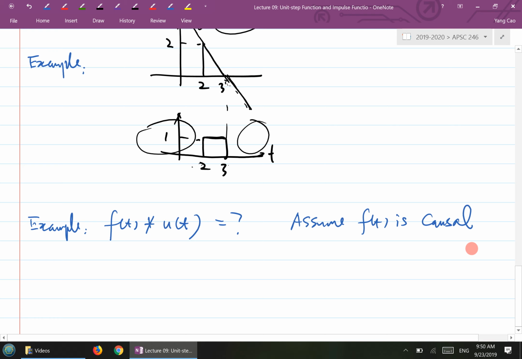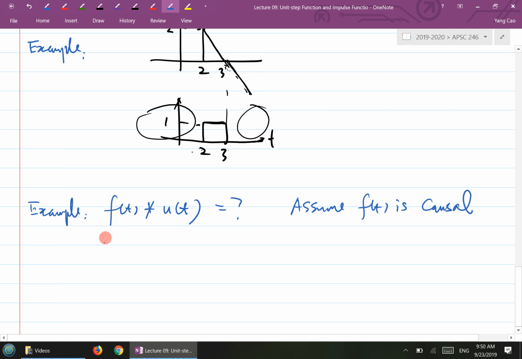Slowly, we'll come back to convolution: f of t convolved with u of t. So first step, treat u of t as if it were a generic time function like g of t. So you use your formula for convolution. Just write down the formula for convolution. The formula for convolution here is the integral from 0 to t of f of tau, and then what's next? U of